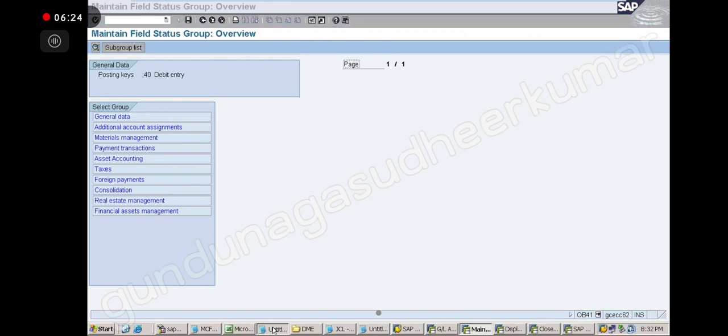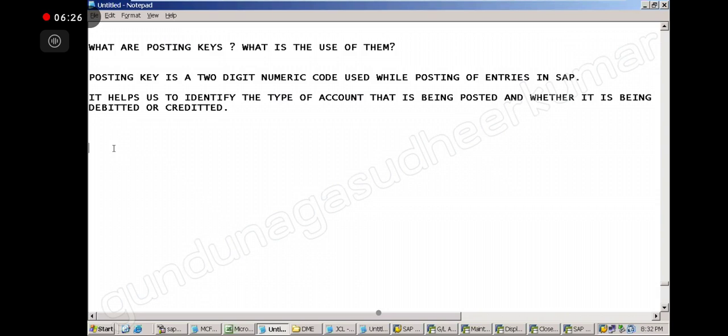Now just understand, we have two things here: the field status variant versus the posting key. In the field status we have given required, and here suppress. Or okay, we will start from here: here also required, here also required. What will happen?